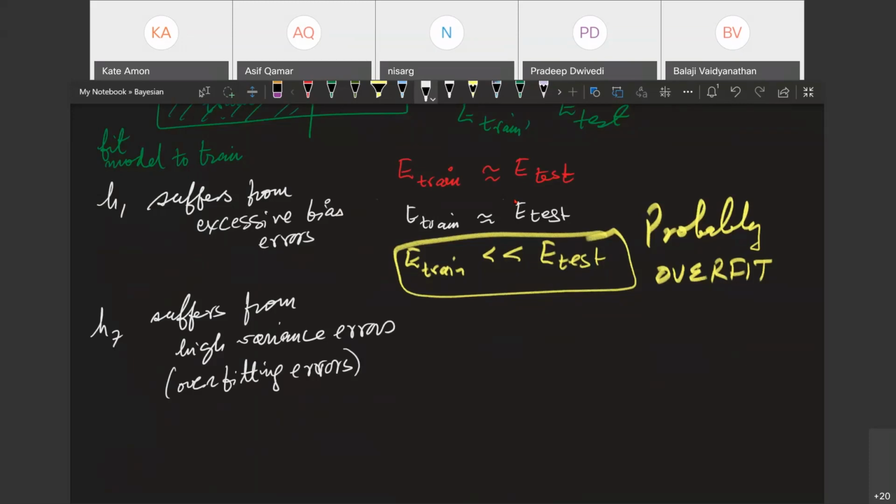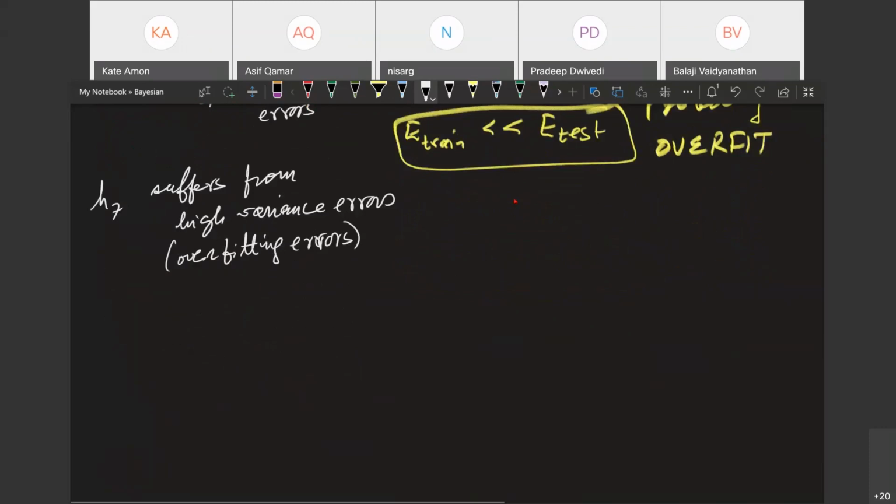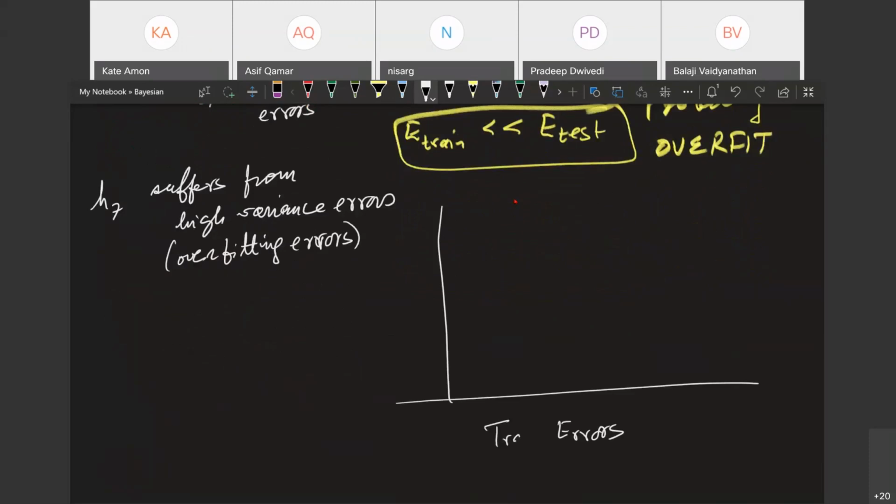So now let me give you what happens. There's a trade-off actually. So suppose you have data, you don't know that a third degree polynomial would be best. What you do is you take the errors. And if you look at the training error, this is not the x-axis. This is the training error.